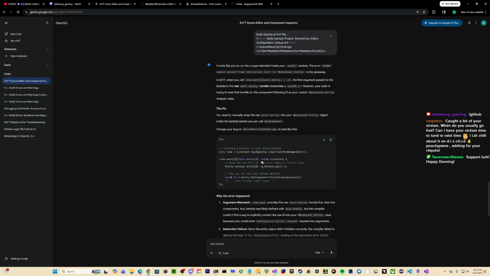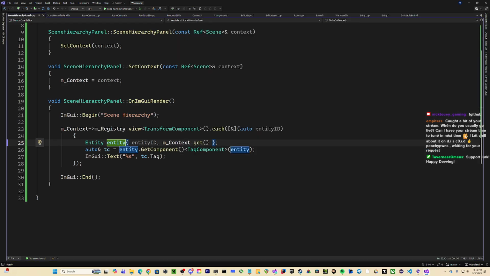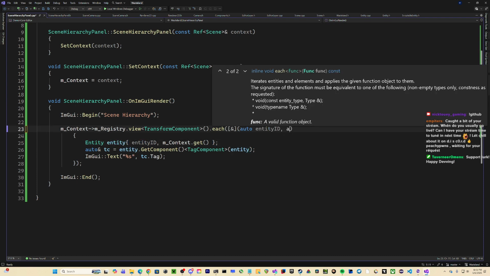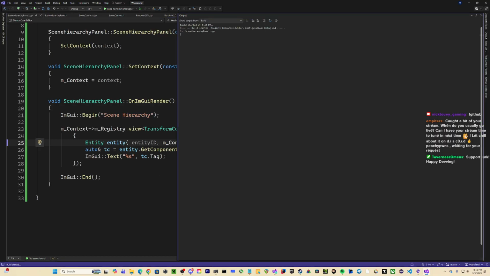Helper methods, yeah. Auto transform. No, yeah. I'm just slow and stupid sometimes. Here. Auto transform there. Entity component.